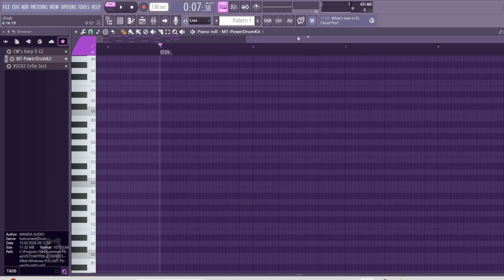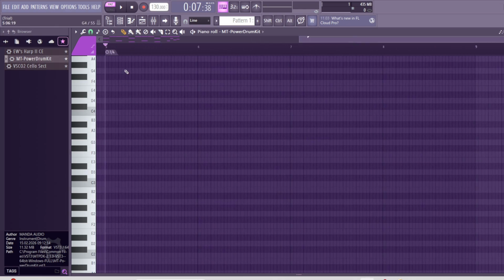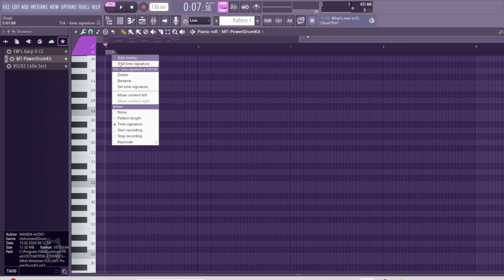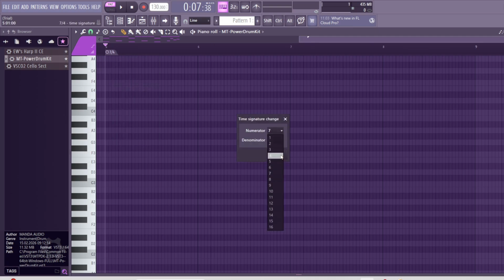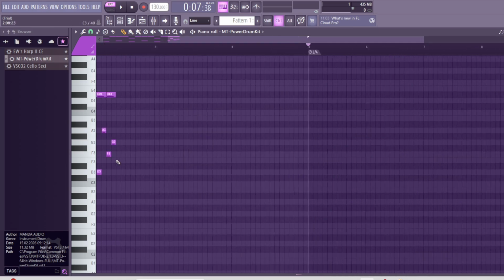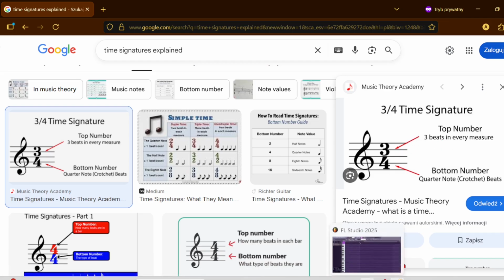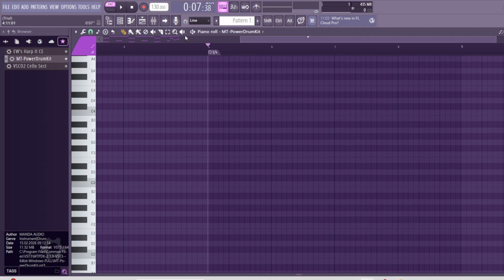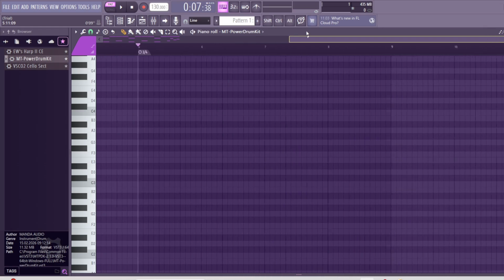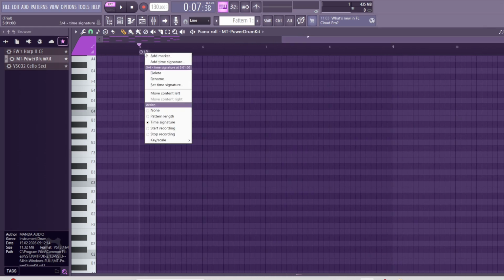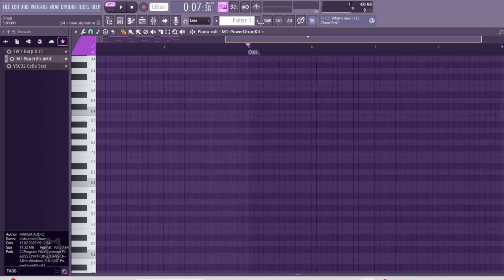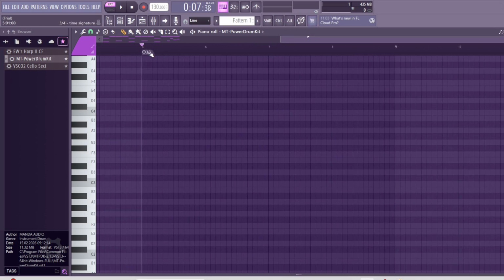So this one is called 7/4 because it has 4 long bars and 7 small. And now let's take a look how it looks here. So you have 3 small bars and 4 longer bars. So that means 3 beats of a quarter note. It's not that important, but I want you to understand that you can play around with time signatures and make something more interesting than just some 4/4.